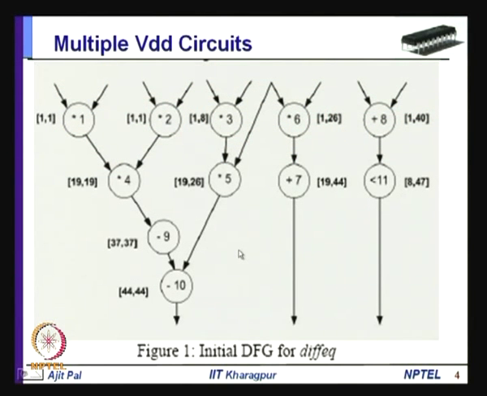Let us take up another example. This is realizing a differential equation. To solve a differential equation, this is a little complicated, as you can see. It involves a large number of multipliers and adders. You can see 1, 2, 3, then 4, 5, 6. There are 6 multiplications, then there are 9, and 9 is also a multiplier. So, you find a large number of multiplications and a large number of additions are there, and also a comparator is required, this operation 11.